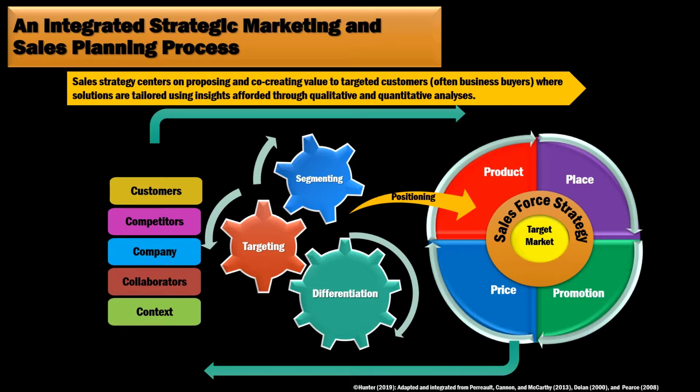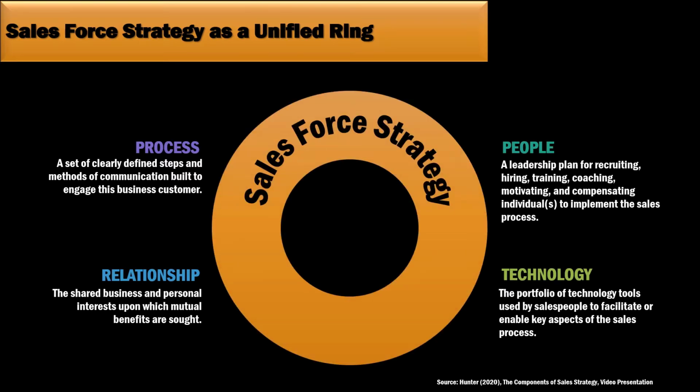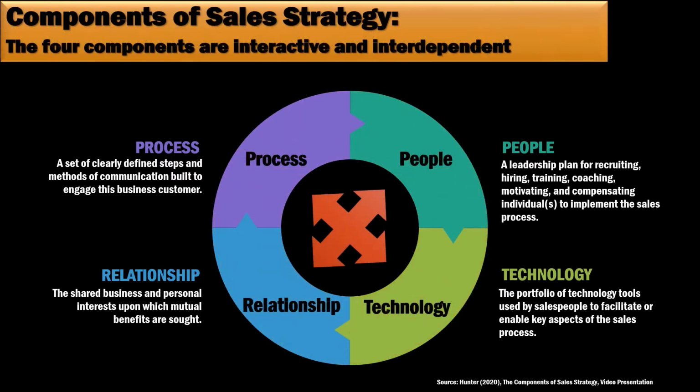Okay, so these are the four components. As a reminder, these four components, process, relationship, people, and technology, form the four components that we're primarily focused on. Those four components were basically shown in that previous slide. It's this ring, right? So you have that Salesforce strategy ring, and that's basically what we're talking about when we're talking about the four working together as a Salesforce strategy.